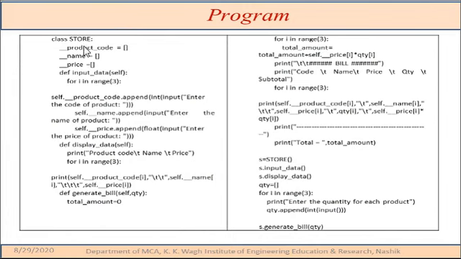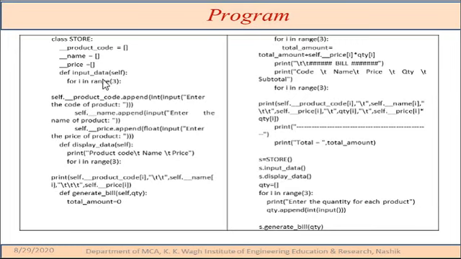By using these methods, I have written the program as defined, where we have to create a class. In the class we maintain a store, and in the store we have different products. For maintaining the product details, I have taken three arrays: product code, product name, and price. Whatever order the users give should be maintained in one function. So I have defined one function called input data, where I read the data from the users.